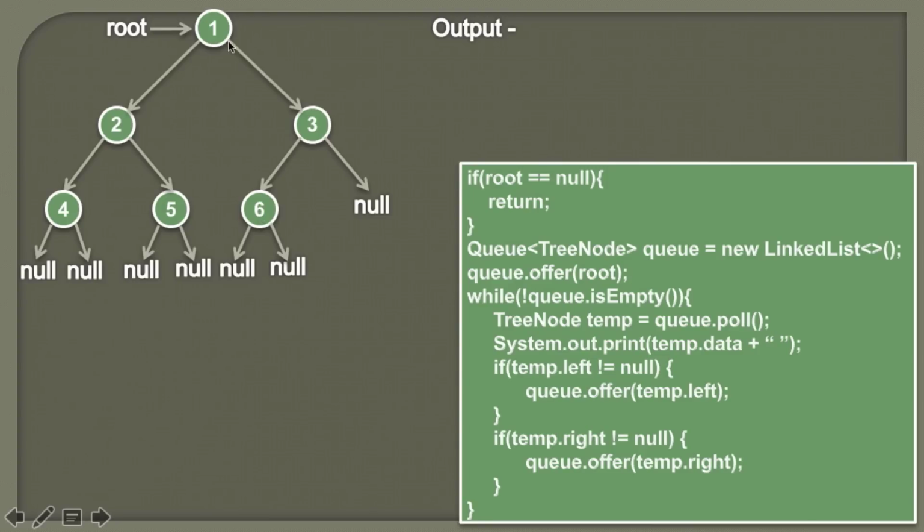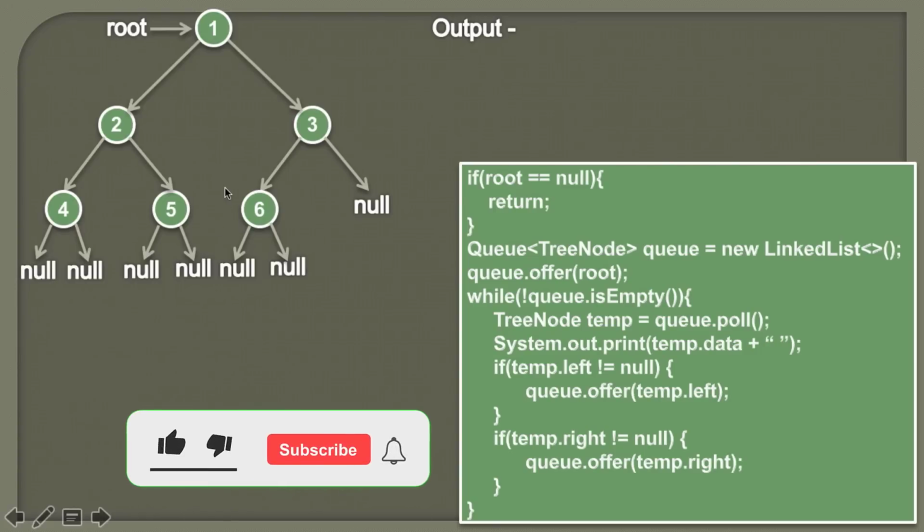When we do a level order traversal of a particular level, we store the elements of its next level in an additional data structure, which is nothing but the queue. Suppose we are visiting the node 1, then in the queue we put node 2 and node 3, so that after visiting node 1 we can pull node 2 and node 3 and visit them. While we are visiting node 2, we put 4 and 5 on the queue, and when we are visiting node 3, we put node 6 on the queue. Therefore it goes level by level, and the additional data structure which we use to store these elements is a queue.